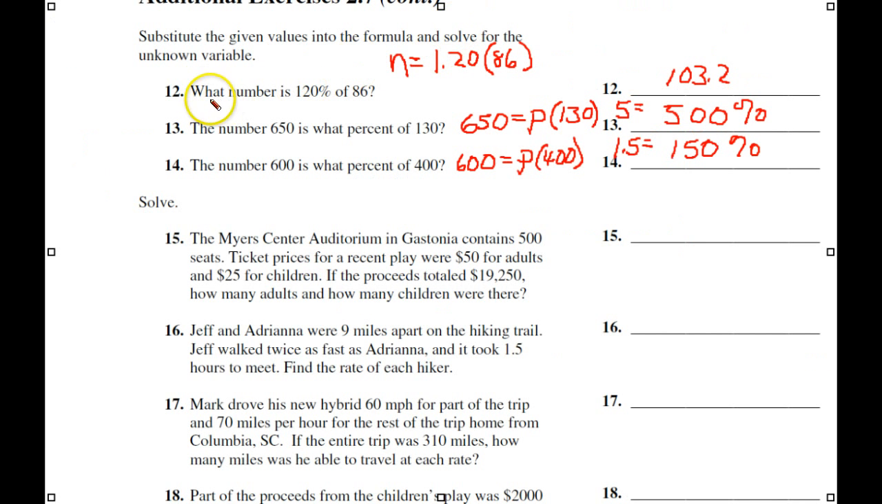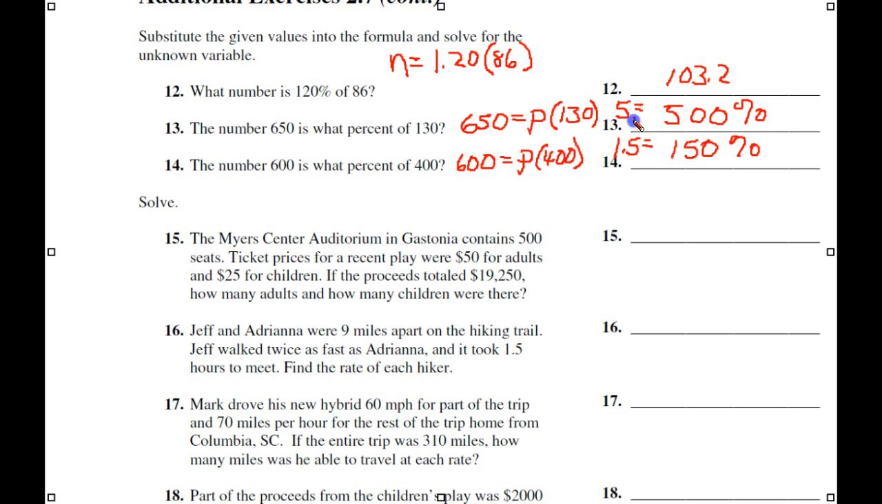Now we did some of these in the last section. What number is this percent? So the number is this percent of that. This 650 is what percent of that? So we're just going to divide both sides by 130. Now when you do that, you get 5, but it's not